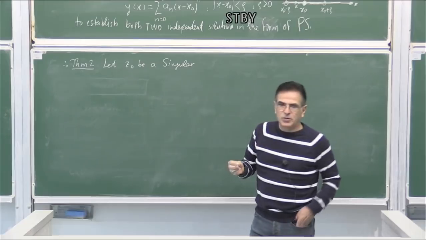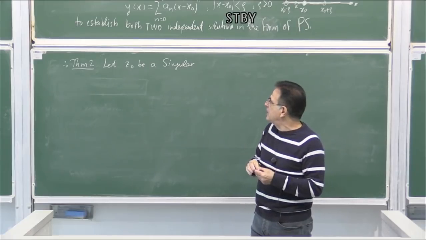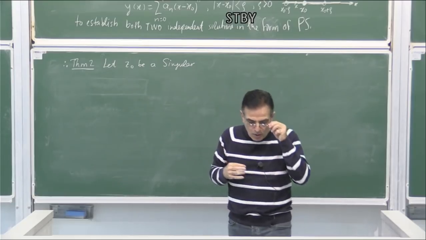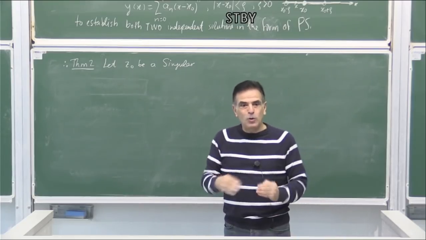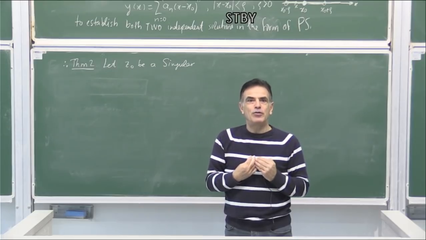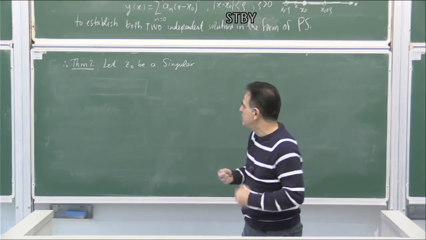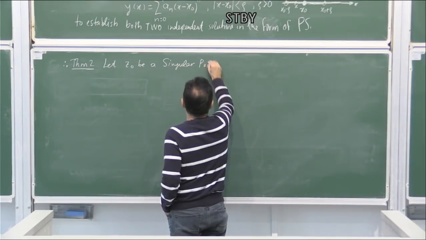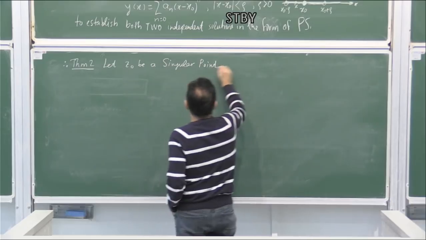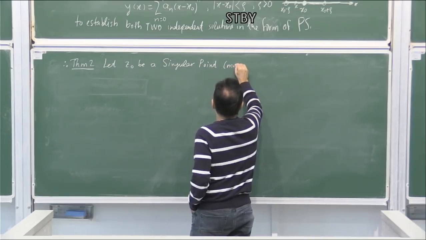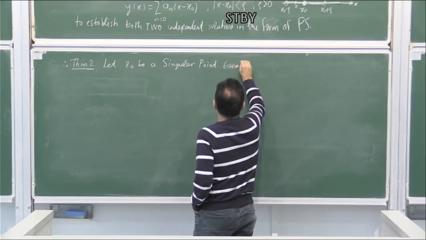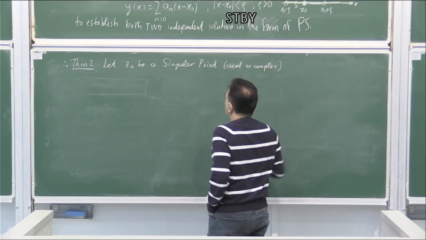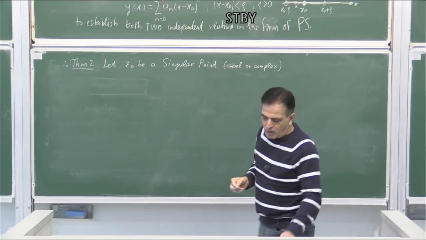As we discussed in the previous lecture, complex singular points also play roles in finding the radius of convergence of a power series solution. So let z0 be a singular point, real or complex,